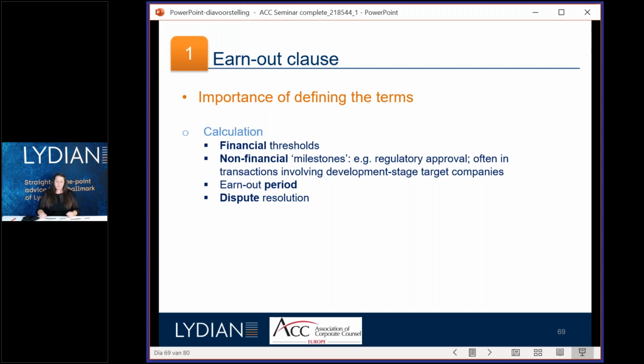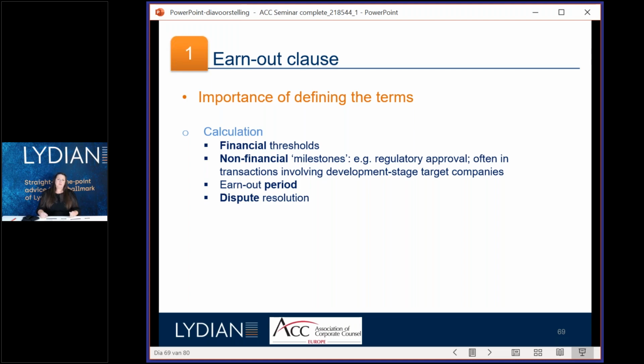With respect to the time periods, what is important to keep in mind is that a short time period could create a distortion in the sense that it could be impacted by some punctual events. You could have a very good year in the business or a very bad year, so it could go both ways. And if the seller is still involved in the business, which is often the case, the seller sells but then remains involved in the management of the business, then he may be tempted to take some decisions that are short-sighted and that will advantage him in his earnout, but may not be in the long-term interest of the company. So that's definitely something to keep in mind when determining the earnout period.